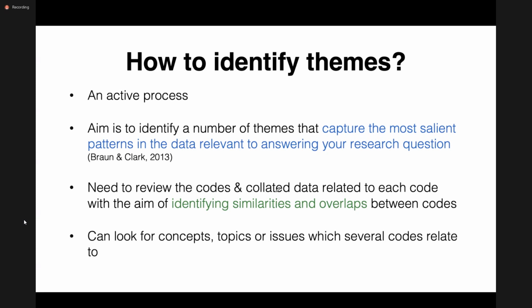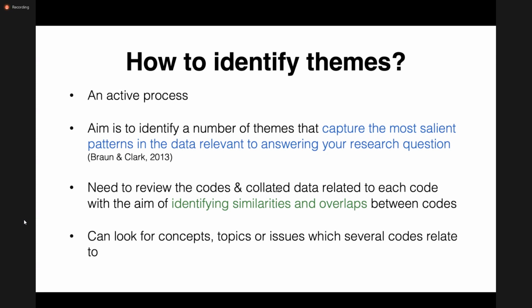So we have to go through our codes and our collated data related to each code and try to identify any similarities, any overlaps, any codes that are talking about similar things and try to put them together.